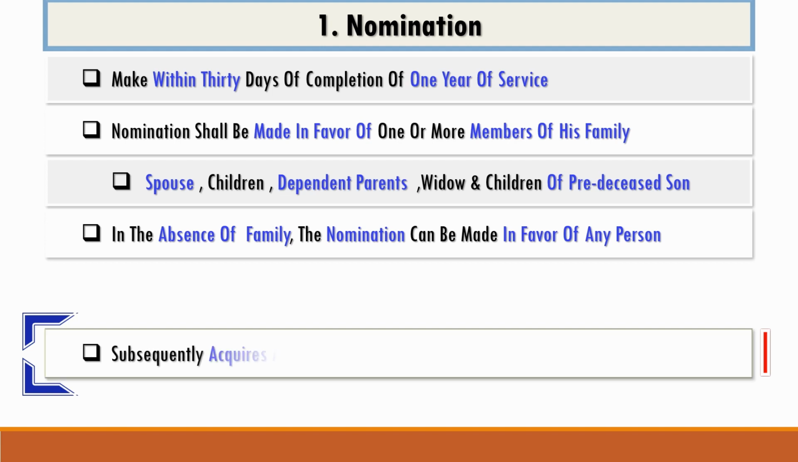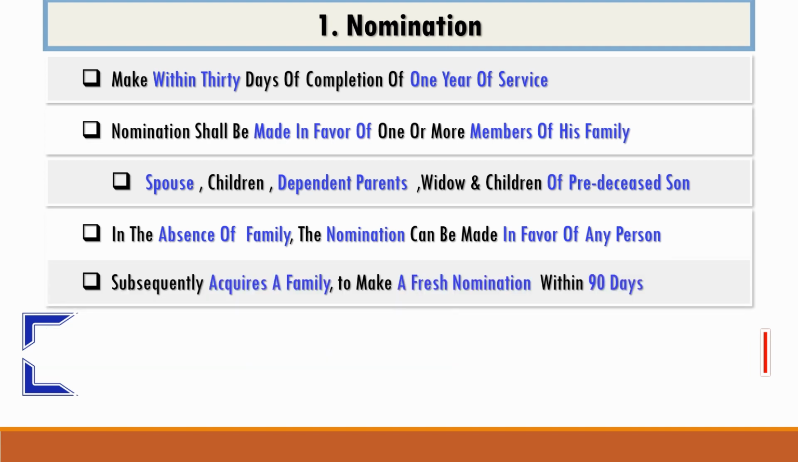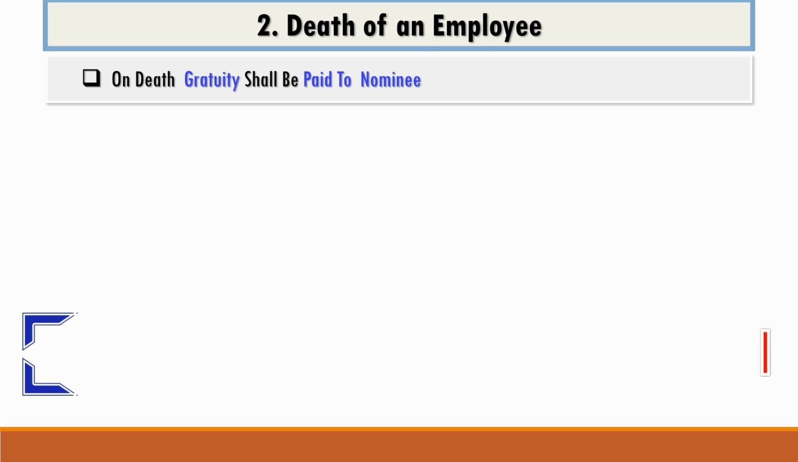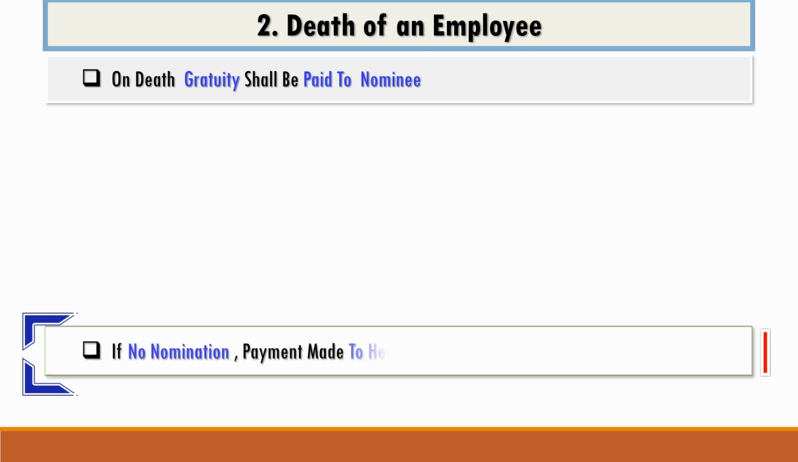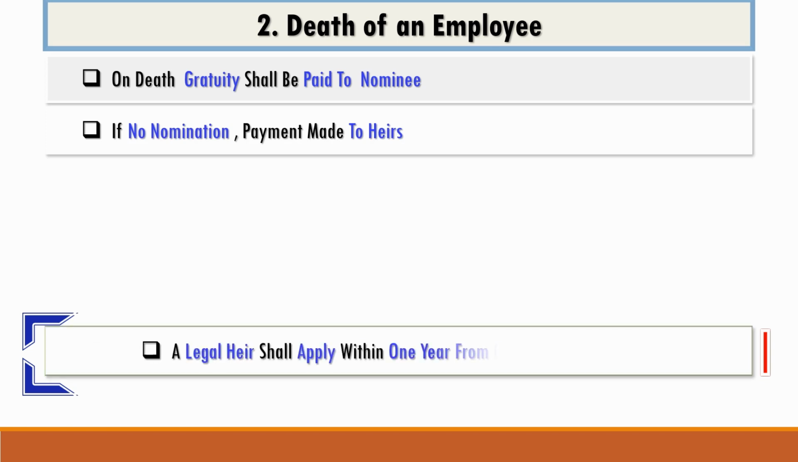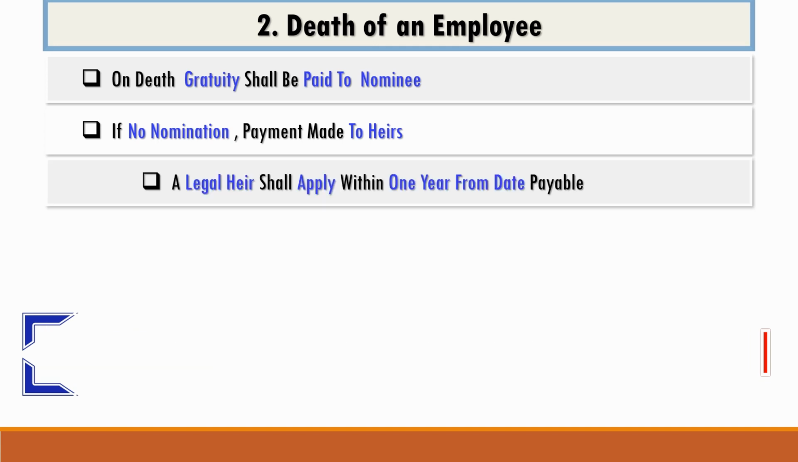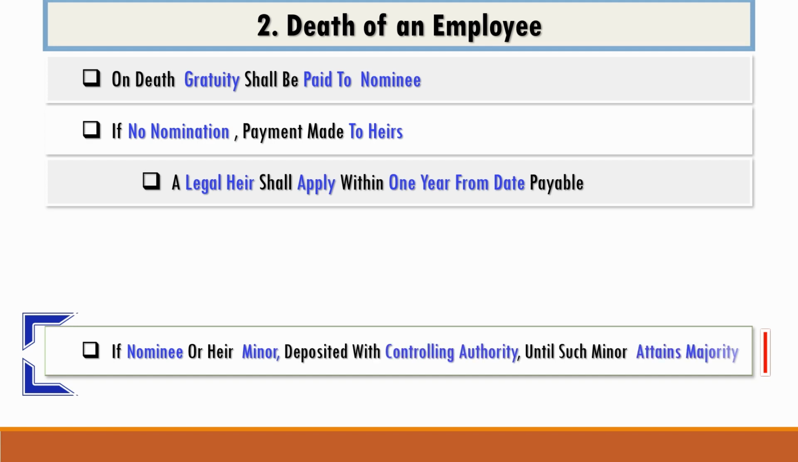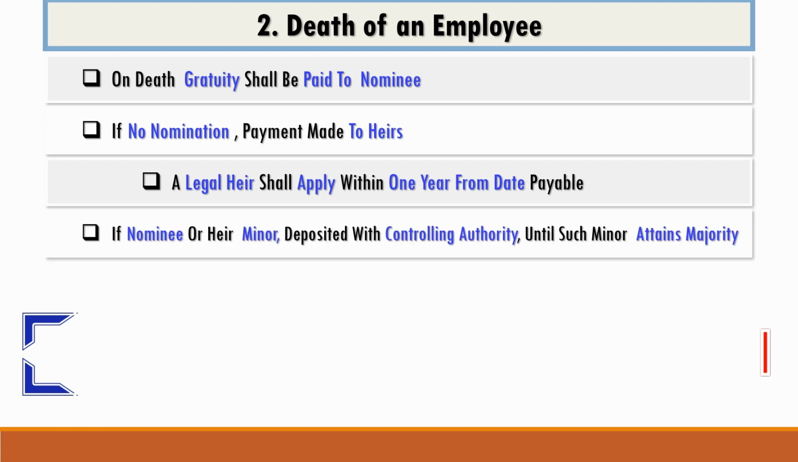However, whenever a person acquires a family, it is mandatory to make a fresh nomination within 90 days. Gratuity payable on the death of an employee shall be paid to the nominee. If no nomination has been made, payment shall be made to the legal heirs. A legal heir can apply within 1 year from the day the gratuity is payable. If the nominee or legal heir is a minor, the gratuity is deposited by the employer with the controlling authority until such minor attains majority. Forfeiture is permitted